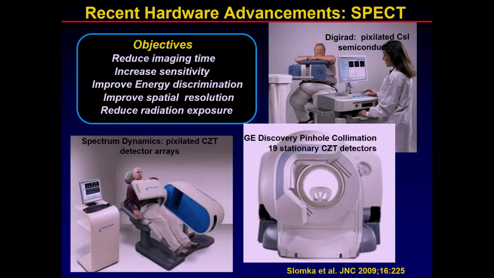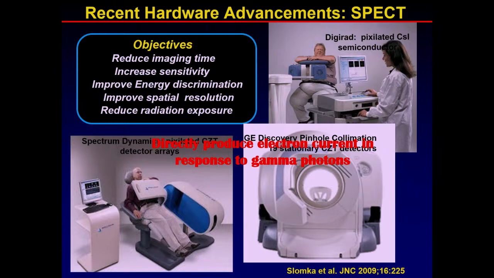So some of the advances in SPECT imaging over the years, the objectives have been to reduce imaging time, increase sensitivity, or how many counts we have, improve energy discrimination, improve spatial resolution, and reduce radiation exposure. There's been a lot of systems out there. One of the nicest ones out there right now is the Spectrum Dynamics camera. It's a CZT camera. And the nice thing about CZT